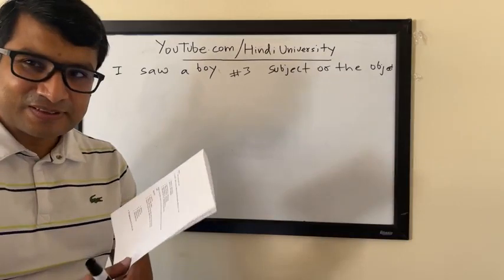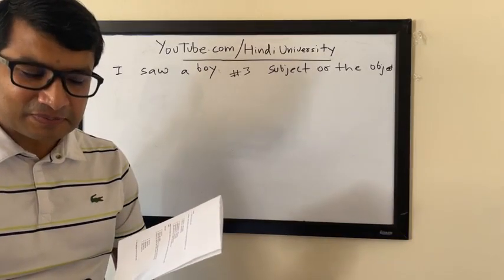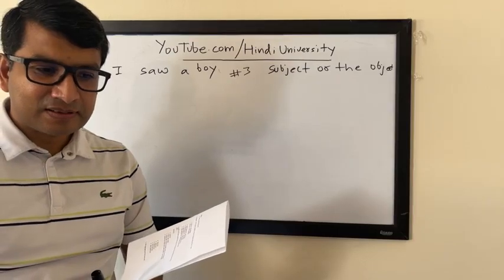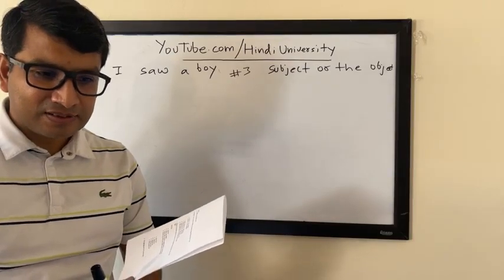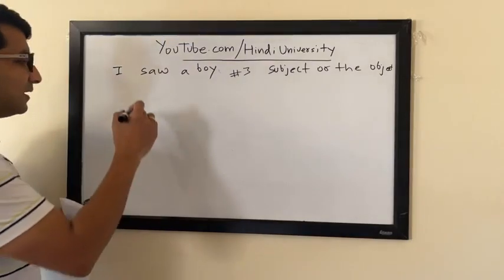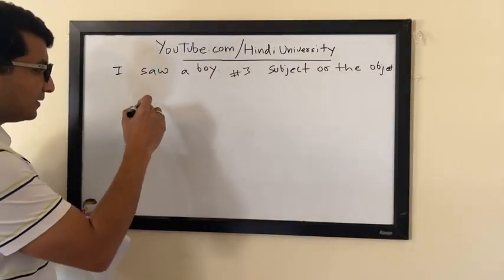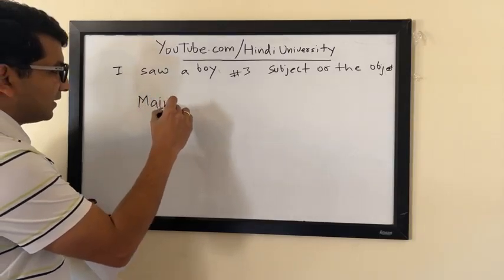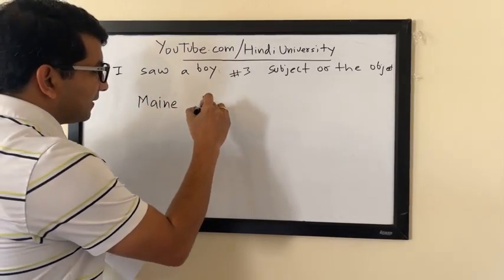Yeah. खेलते हुए लड़के को देखा. And if there are many boys, probably it'll be खेलते हुए लड़कों को देखा. Does that make sense? So it's the oblique. That's the difference. It differentiates whether the person was playing while you saw them, or you just saw the boy who was playing.